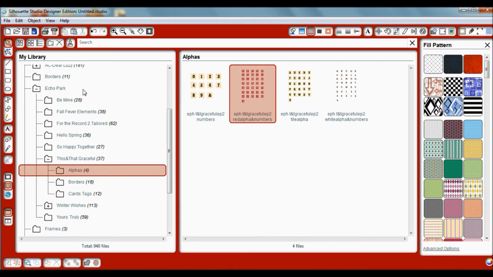But this is a collection I had downloaded several months ago. It's called Echo Park, This and That Graceful. And in that they have some alphas. Now, say you want to make a word and it has duplicate letters. I'm sure you don't want to have to print out all 26 letters of the alphabet every single time. So I'm going to show you quickly how to divide up those letters when they are just one chunky element,